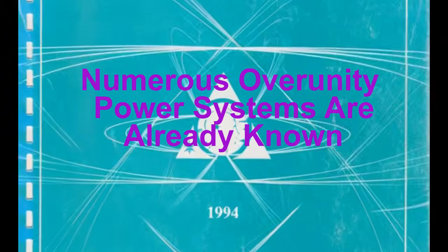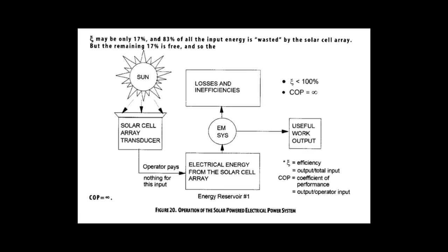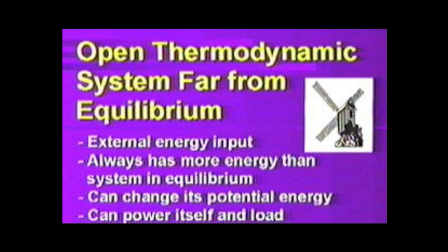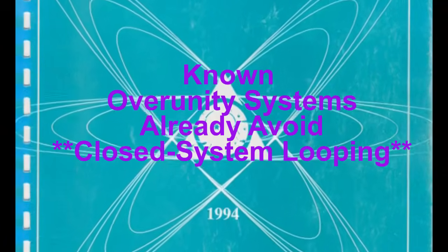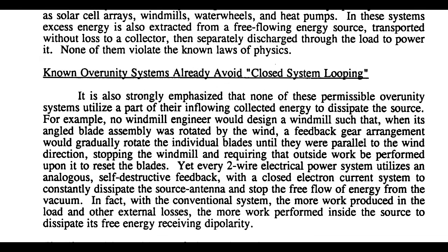Numerous over-unity power systems are already known. The system is directly analogous to known over-unity open systems such as solar cell arrays, windmills, water wheels, and heat pumps. In these systems, excess energy is also extracted from a free-flowing energy source, transported without loss to a collector, then separately discharged through the load to power it. None of them violate the known laws of physics. Known over-unity systems already avoid closed system looping. It is also strongly emphasized that none of these permissible over-unity systems utilize a part of their inflowing collected energy